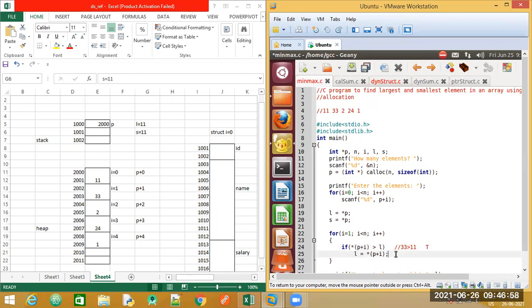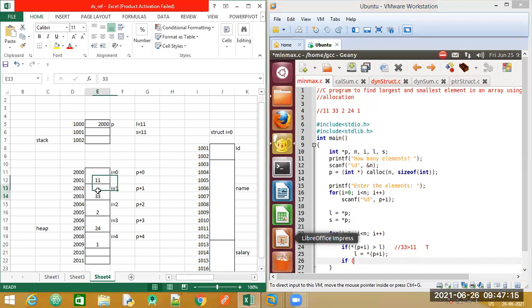Similarly, let us try to write an if condition to check the smallest number. So for that, let me again have an if condition. The same thing again. I am going to compare 33 with my smallest element, which is 11. So what statement will be there?